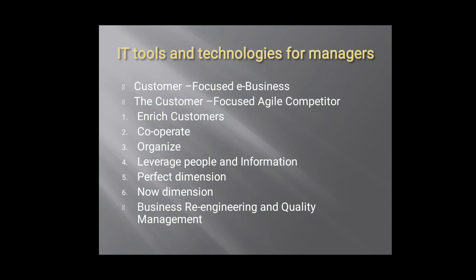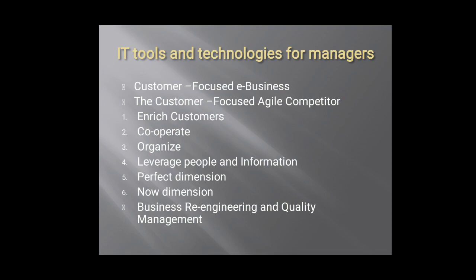Cooperate: whenever the customer requires, agile companies cooperate to enhance competitiveness. They give extra value to their customers so that in the competitive world they cooperate with the agile, changing business. That is leverage people and information. Agile companies leverage the impact of people and information by nurturing an entrepreneurial spirit and providing incentives to employees to exercise responsibility, adaptability, and innovation. Yes, they look after their employees also. When they are providing something to the customer, the company looks after its employees to give them advancement and incentives.